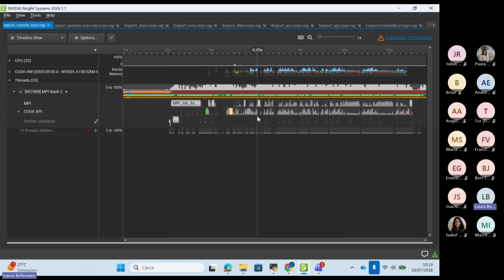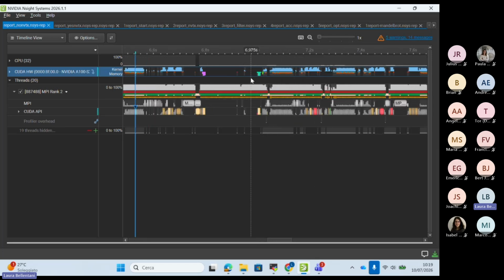And this is a code ready for production. Nsight Systems provides a timeline view where you have time on the x-axis and location on the y-axis. These are the locations of the different events present in the timeline.